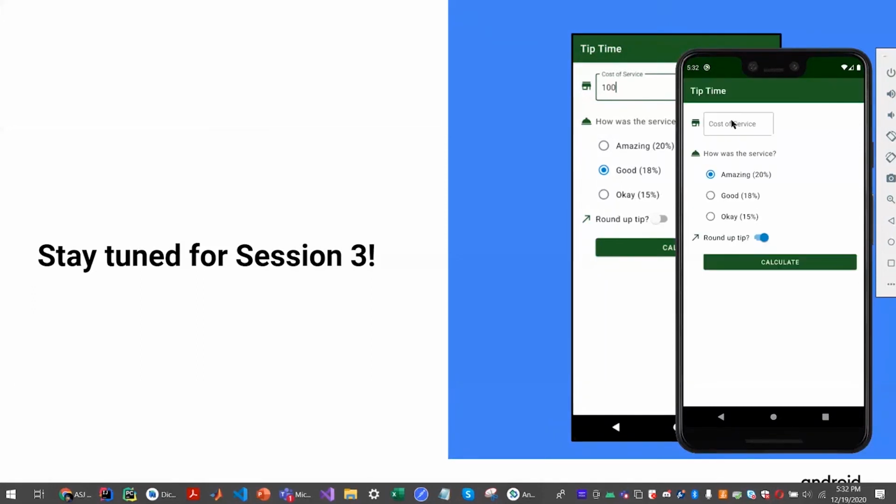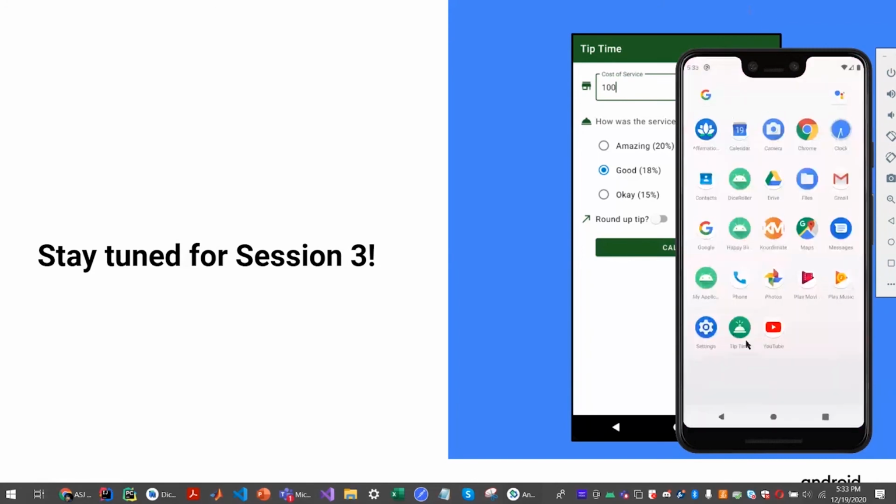Another thing that you can look forward to is we'll be adding themes to the app. So right now it's green, and this will change if you have it in dark mode. Here you can see, right now the round up tip isn't selected, so it's showing decimal points. But if you do, it should be 44. We'll be focusing more on the UI aspect next week, the design of it, and we'll even be including the logo for your app.